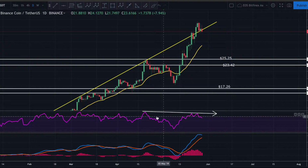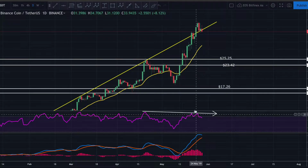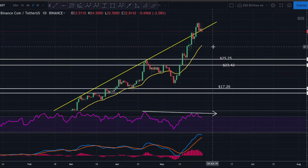I'm more concerned with this larger RSI, with this larger bearish divergence that was created from the swing high on April 20th to the swing high on May the 21st. Swing high on May the 24th. We have this other swing high. So yeah, this would suggest a larger breakdown. Does it have to happen? No. But the area that I'd be looking to buy, and I've pointed this out for, excuse me, guys,